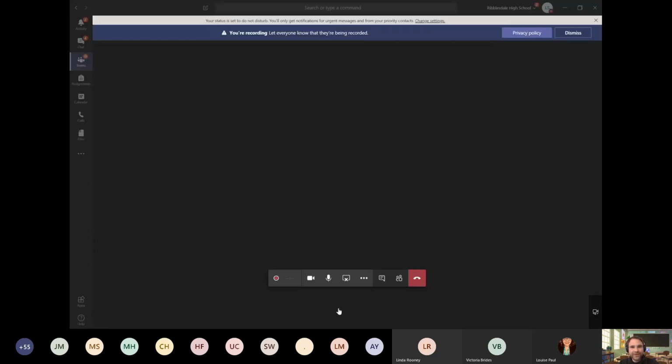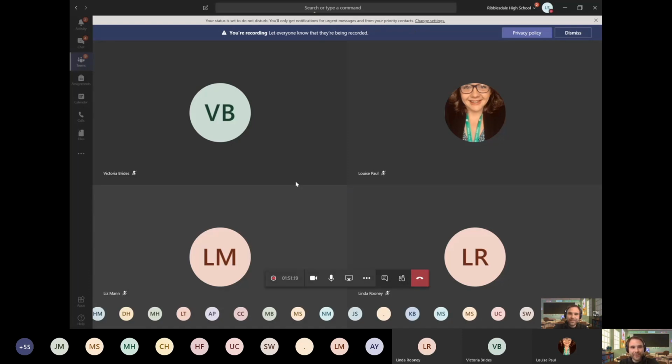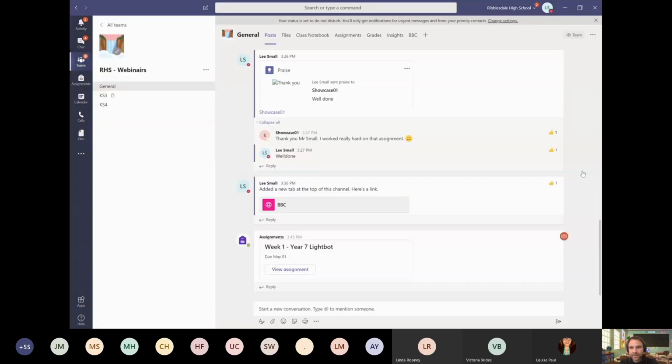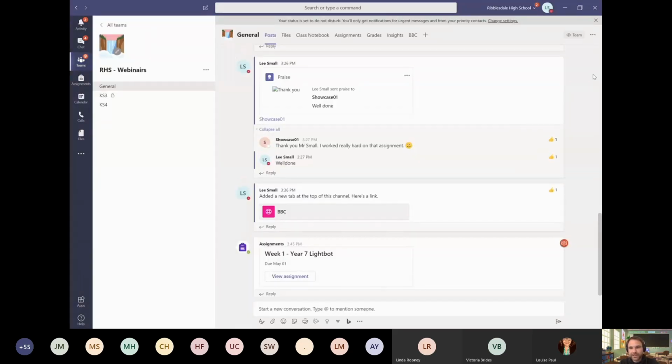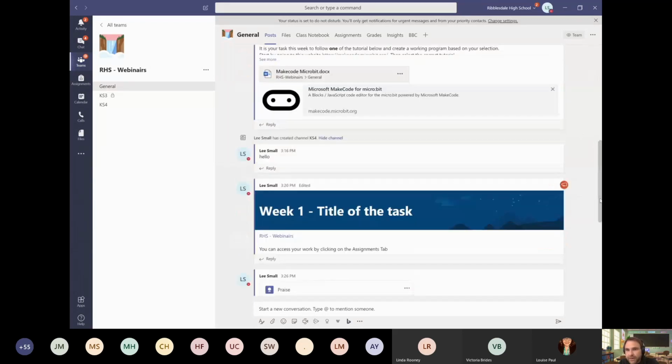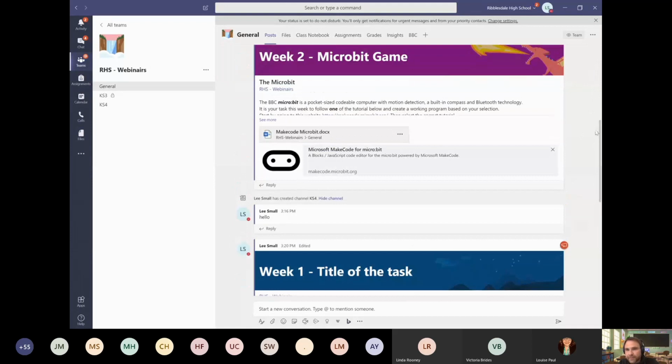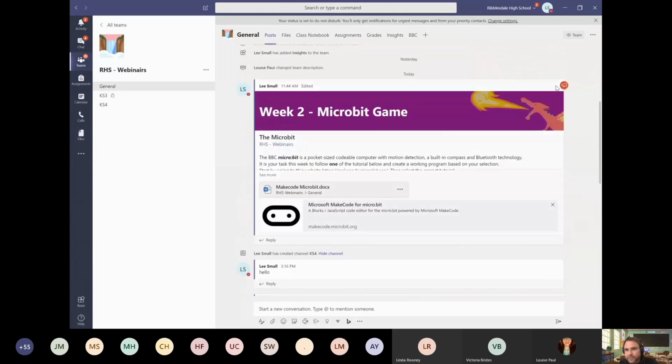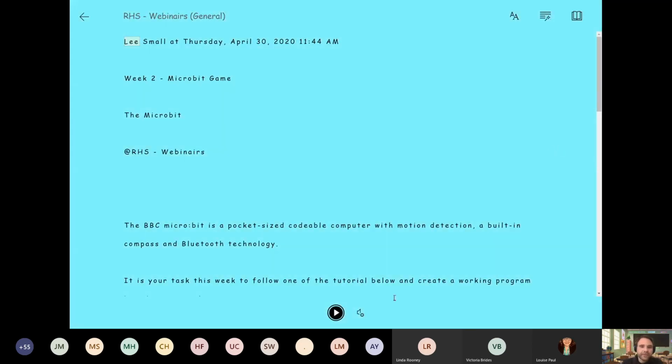For example, what I might want to do is, bear with me, have I come off that? Let me just go back to that immersive reader tool. I do apologize, I think I've accidentally come off it. Okay, so go back to that immersive reader. Now what this does is it puts it in a different view. The first thing that you can do is